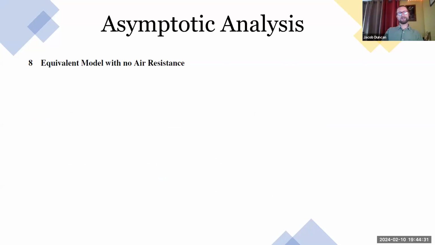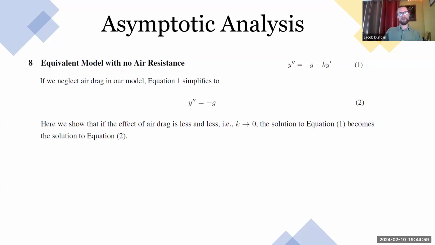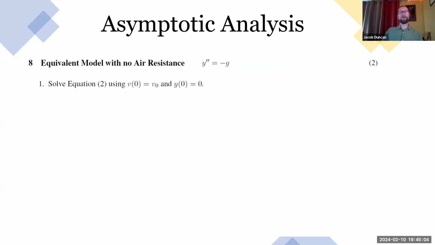Okay, and then there's this one last optional bit that I have where they can compare the model that incorporates air resistance, so the main topic for this whole project, with the model that ignores air resistance. I kind of showed the decimal stuff relating to that earlier. Anyway, so it's just the standard model that does not worry about air resistance. We solve that one, and the idea is in our model, we want to let the drag coefficient go to 0, and it should equal,